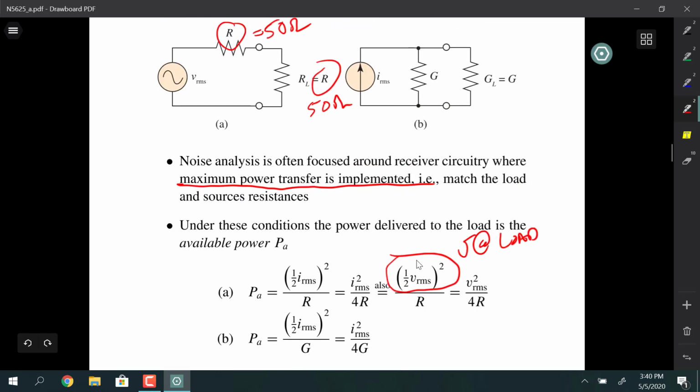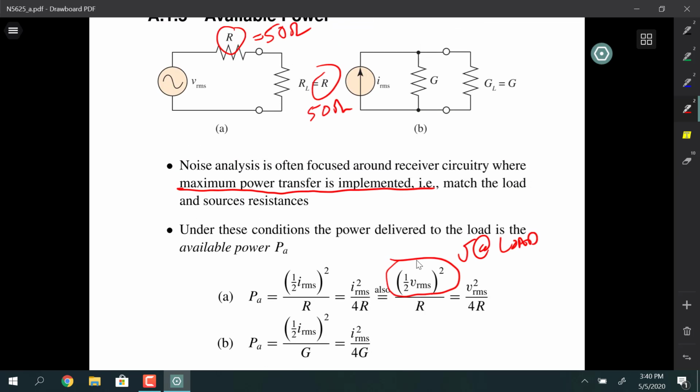The voltage at the load under maximum power transfer is when we have the matched resistance R to match the source resistance R. So V RMS is going to get divided in half as it arrives at the load, and then we square that value, and since it's an RMS value already, that is the correct term to be using in a power calculation, as in V squared RMS over the load resistance R. The 1/2 is sitting in there simply because of the transfer from a source at 50 ohms, let's say, and a load at 50 ohms. So that reduces down to this kind of standard result,